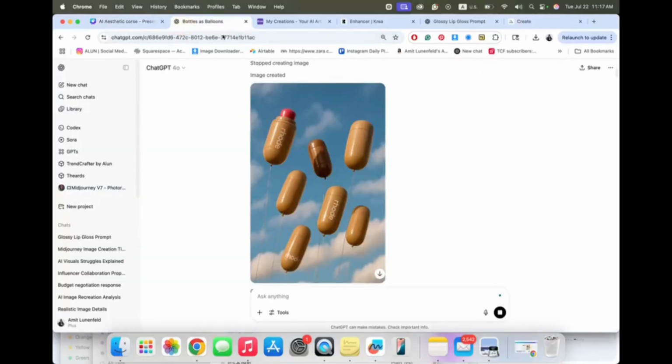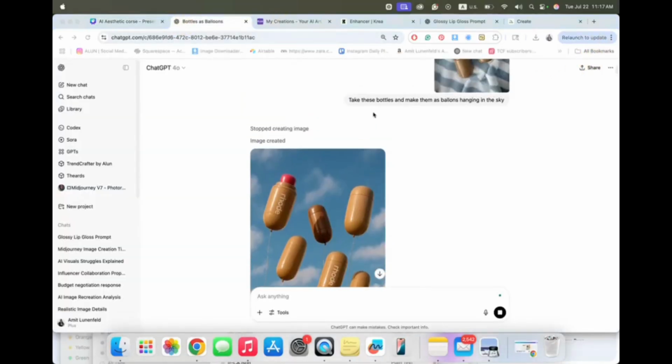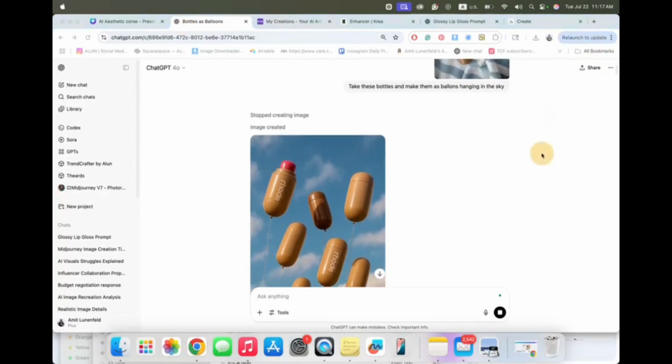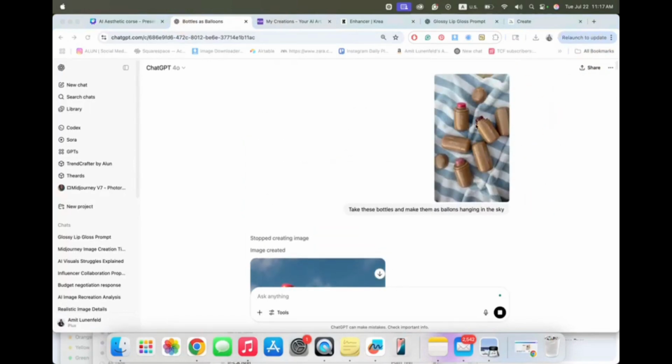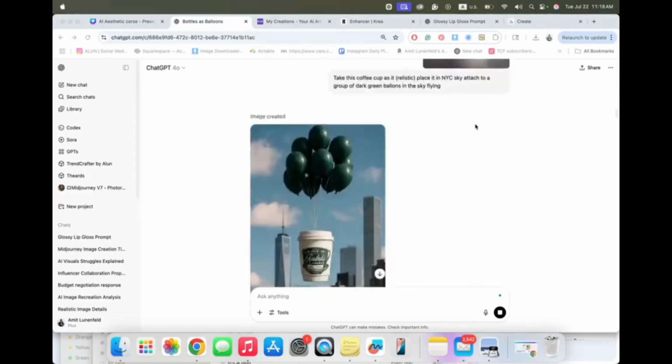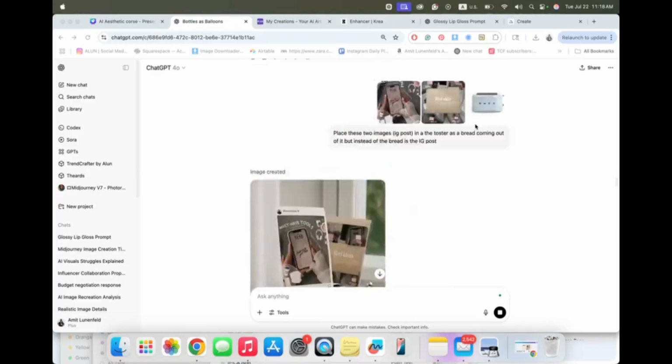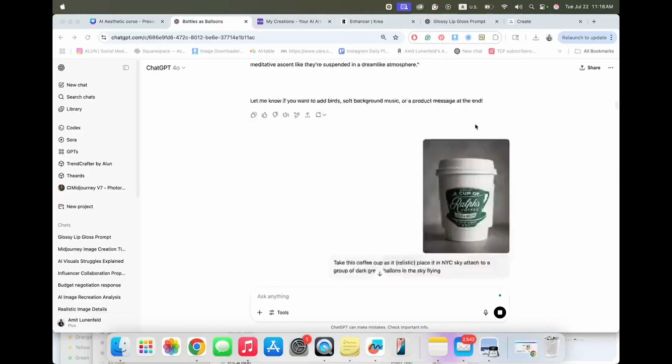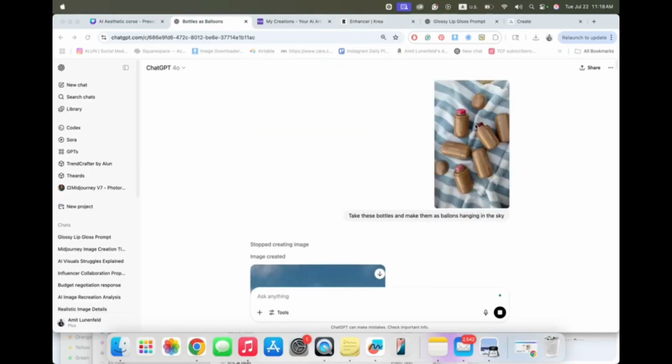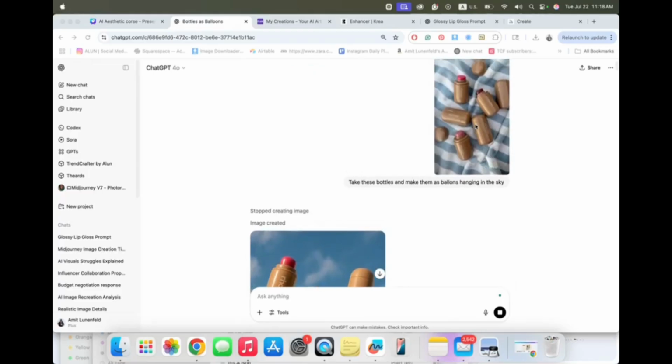Now, I want to show you the process of me creating images with ChatGPT, so you will understand what it looks like working with ChatGPT. First of all, disclaimer: it takes some time for ChatGPT to generate an image. This is my entire process of certain things I already created. It can take like 2 or 3 minutes to generate an image. So be patient.